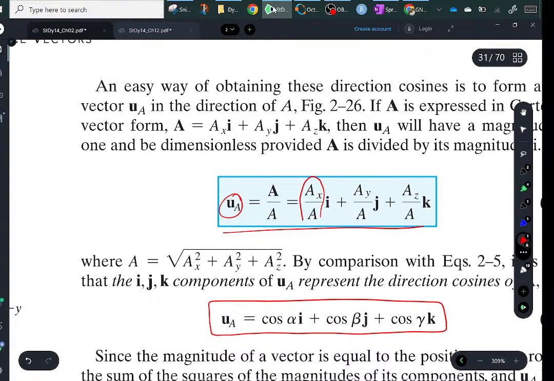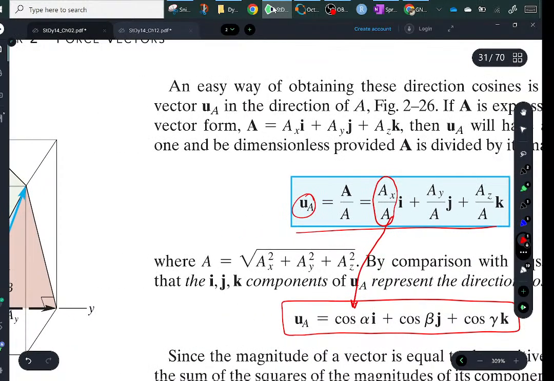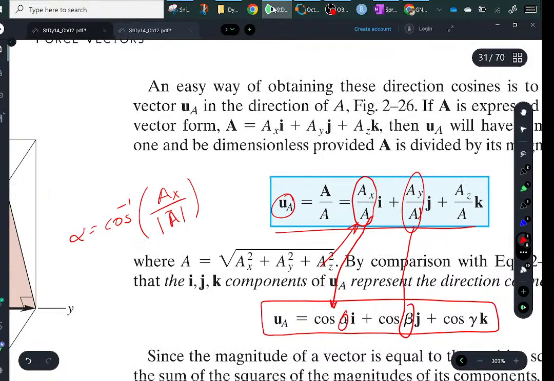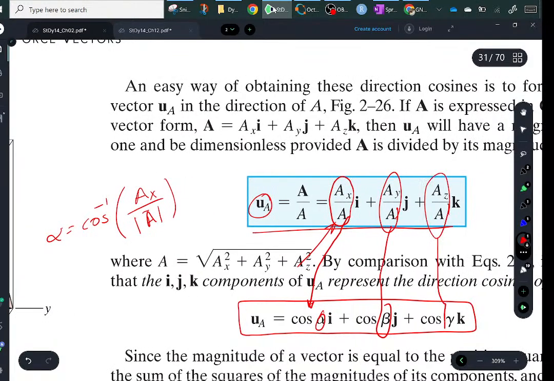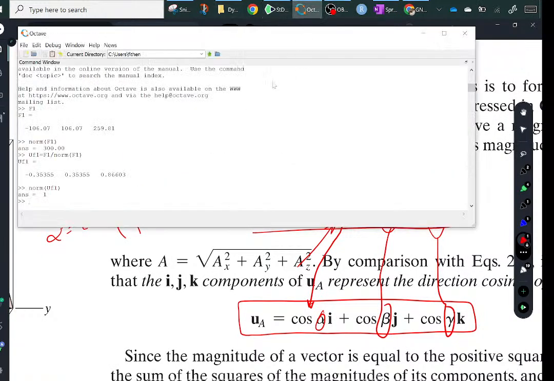So if I'm able to take this and do an inverse cosine, I can find that. In other words, alpha, let's see if I can write this okay, is cosine inverse of ax over the magnitude of a. You take the inverse cosine of that and you get this angle. Take the inverse cosine of that, and you get that angle. So MATLAB can swap that out for you in a matter of seconds. Because what you can do is